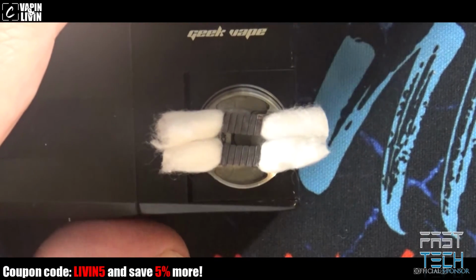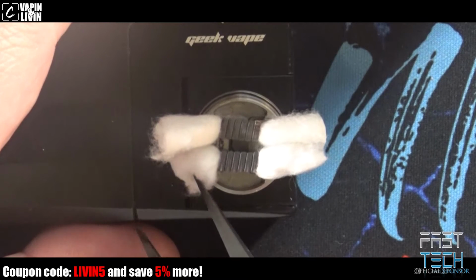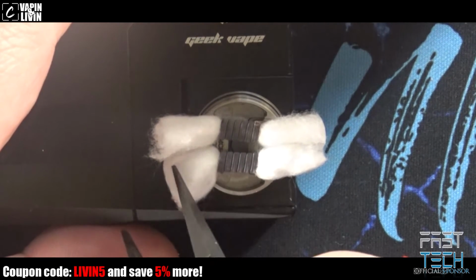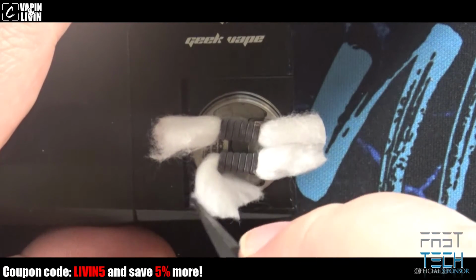Alright, now look at this. We got her wicked up. Here's what I mean by the wicking channels. You bring the wicks, you got to bring them around the side, or the front. It's like they don't go under the coils or anything. They just kind of go,